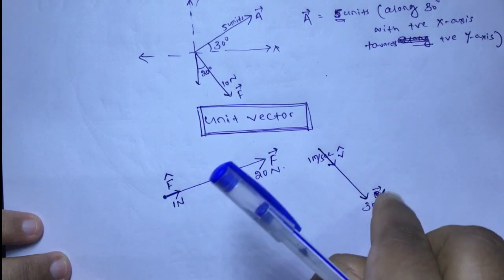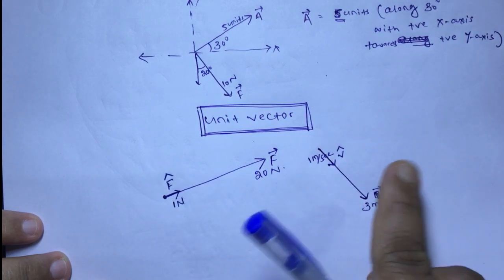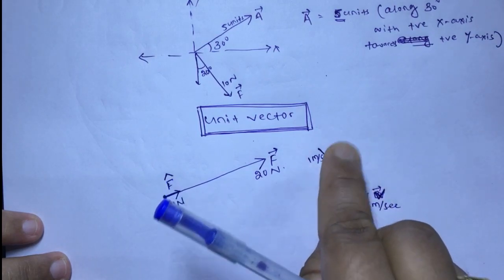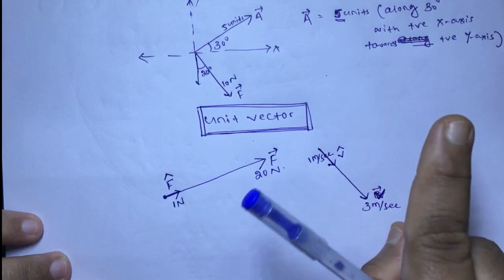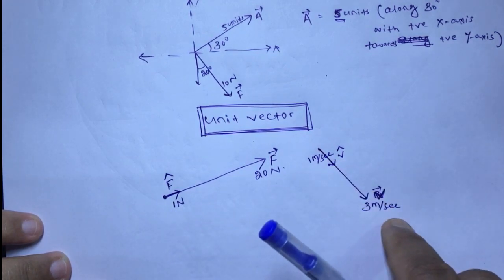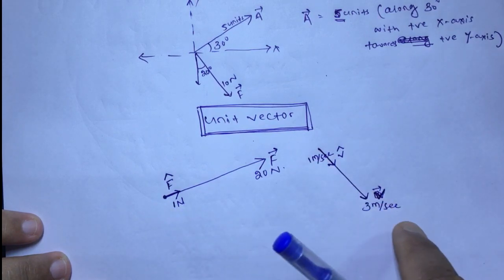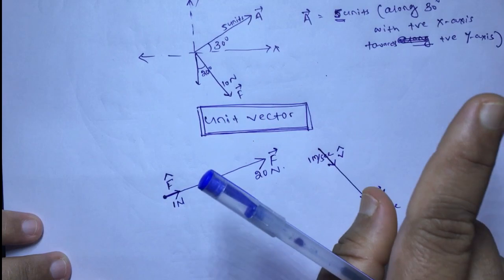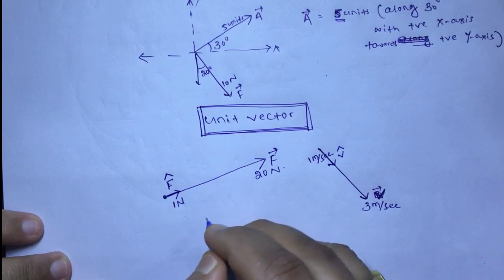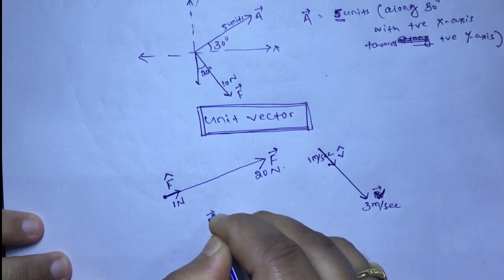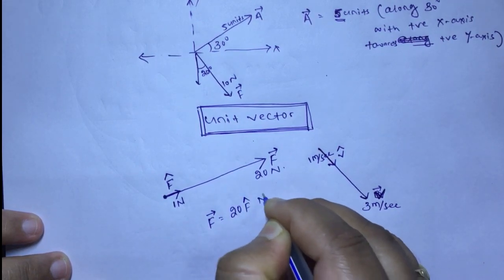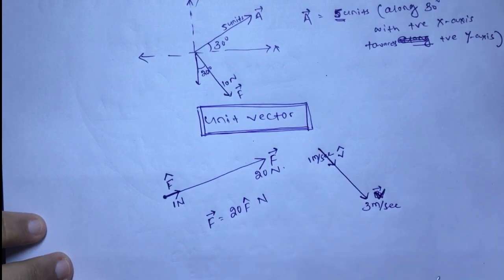Remember that V vector and V cap must have the same direction, but V vector can have any velocity, while V cap can only have 1 unit of magnitude. If it is 3 kilometer per hour, it will be 1 kilometer per hour. If it is 10 meter per second, it will be 1 meter per second, like that. Now, as we know, if we multiply, let me first write it here. So I can now write F vector as 20 F cap Newton. Now how 20 F cap Newton?